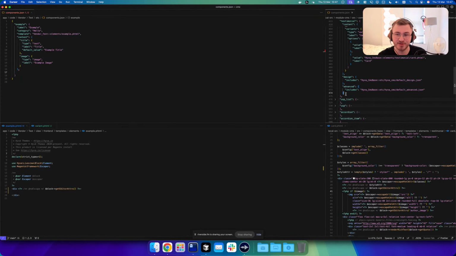What the includes actually does is include a base set of settings that we have predefined, and you can create your own as well, and then just point to that specific section. So inside of default design, it will just have some things like background color, or in default advanced, CSS classes.